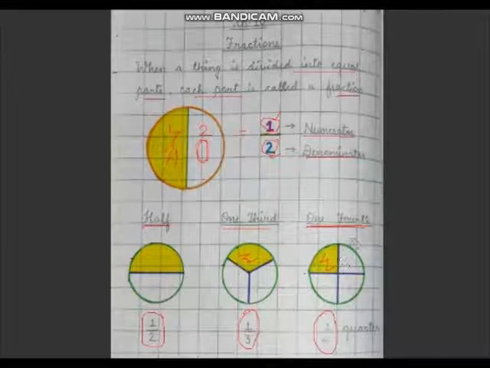It is 1/4 and we can call it a quarter. This is 1 quarter. So in a circle there are 4 quarters. See, 1, 2, 3, 4. All the parts are of the same size, in which one part is shaded. So we will write the fraction as 1 upon 4 and this part is called 1 quarter.